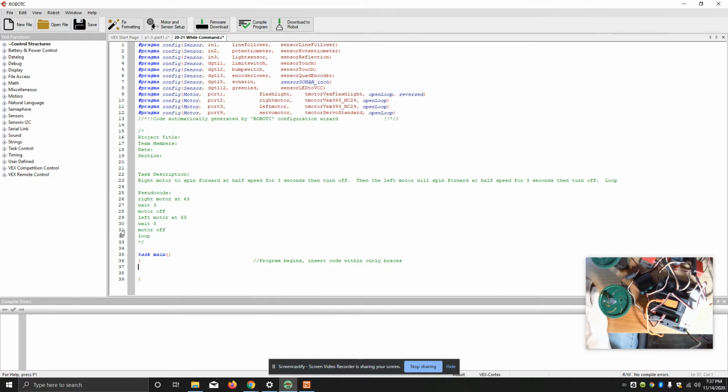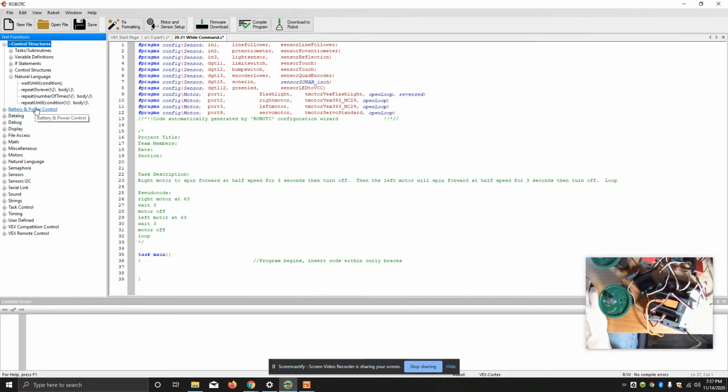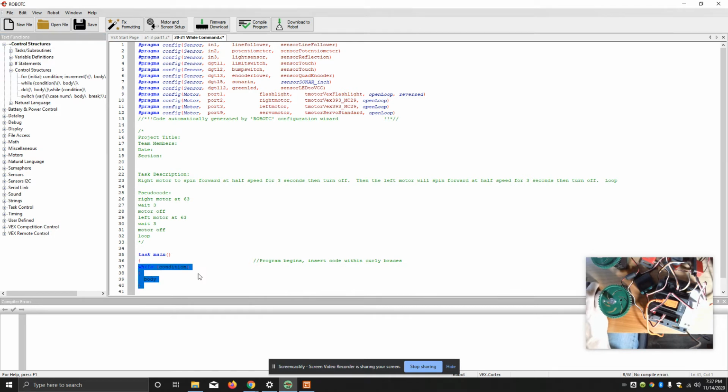So to get a while statement in here, the easiest way to do it is to drag it in. I'm going to go up here to the plus next to the word control structures. In here, you'll see a couple different things. There is another natural language up here, we'll get to that in another video. But we have control structures, and here is the while condition. I'm going to drag that down between the two curly brackets for the task